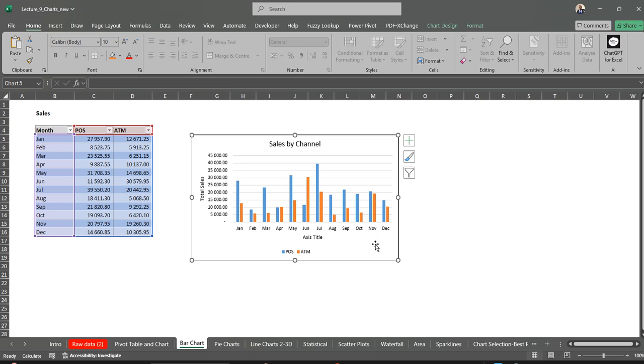I think I lost you on chart borders, Alfred. You lost me on borders. Yes. Okay, so what you do is,